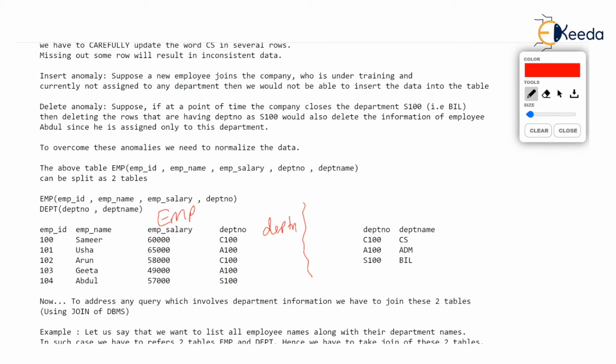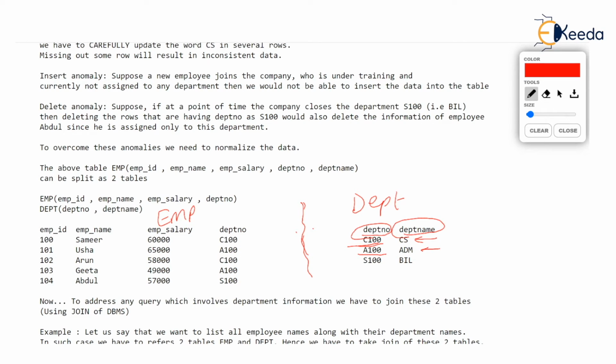But now we have removed department name from the EMP table and created a new table, DEPT, which contains department number and department name. There is a CS100 department and the name is CS. You have to store this information only once in the DEPT table. Similarly, A100 is named ADM and S100 is known as billing.